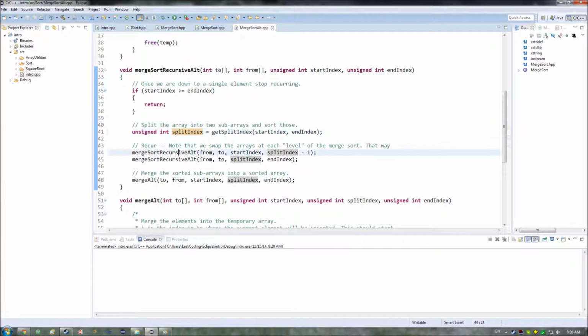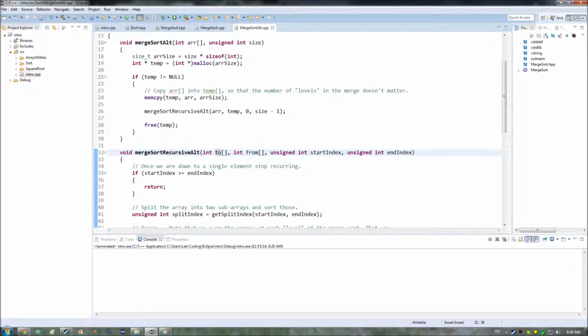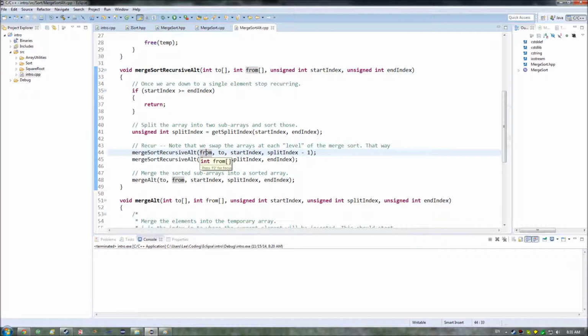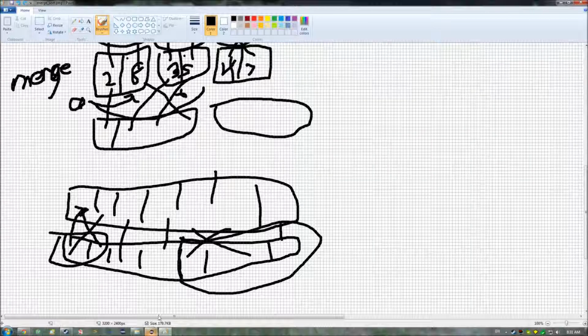The next thing you're going to see is this right here, this recursive call. And the major thing that's important to note is that in here I've named these to and from. The important thing is that in the final version, we want our sorted array going into the original array, which is why I called it so that this to, whatever we're copying or sorting into, happens to be the original array that we had, and we're passing from the other one. So in here, at the layer below that, we want to ensure that, just to go over it from our example over in here,